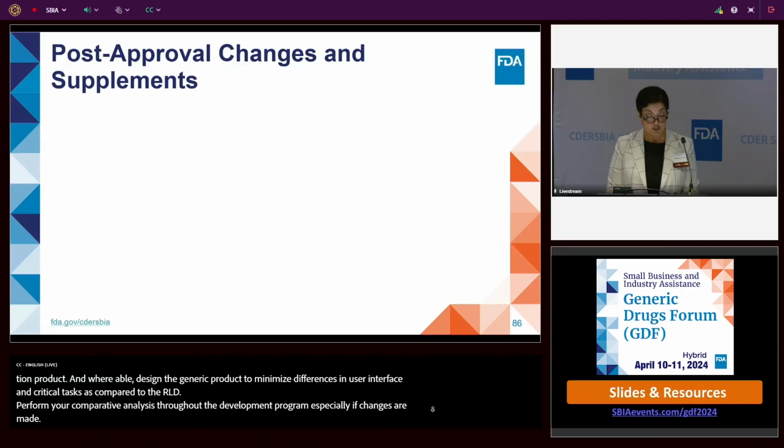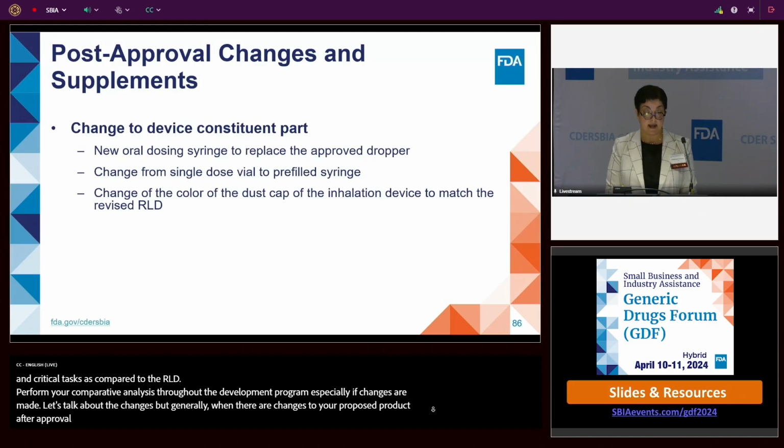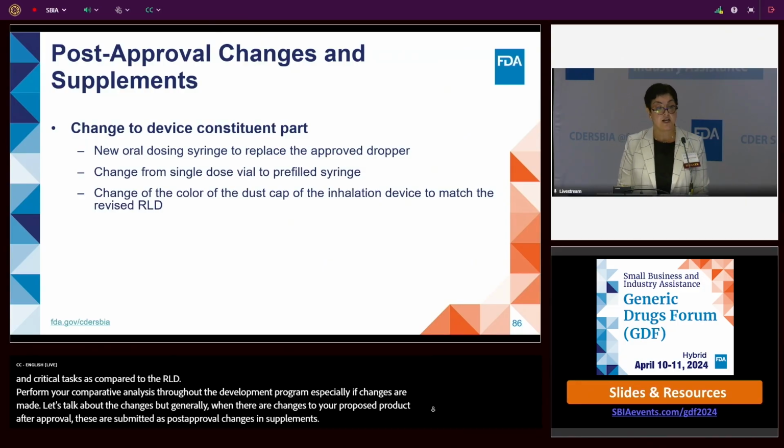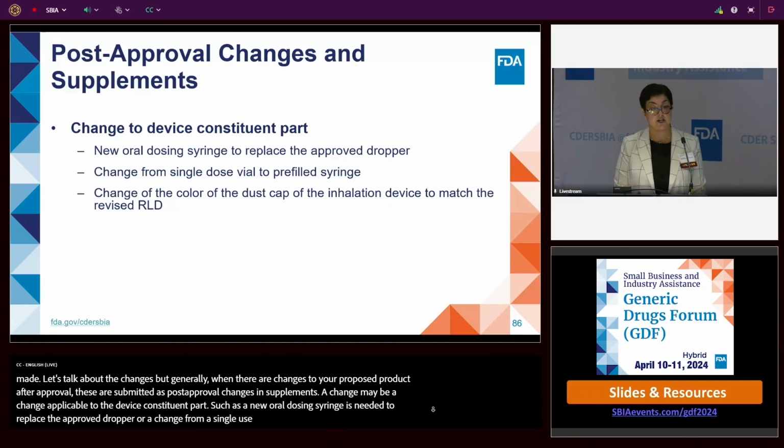Generally, when there are changes to your proposed product after approval, these are submitted as post-approval changes and supplements. Again, DCR is the lead for the assessment of the comparative analysis submitted with post-approval changes and supplements. A change may be applicable to the device constituent part. For instance, if a new oral dosing syringe is needed to replace the approved dropper, or a change from a single-use vial to a prefilled syringe, or a change of the color of the dust cap of the inhalation device